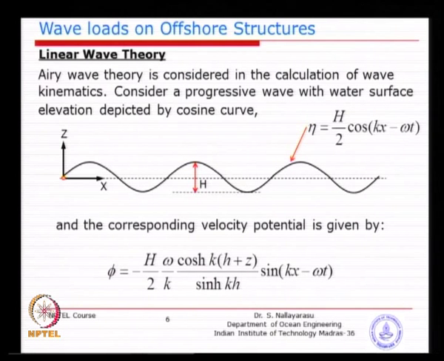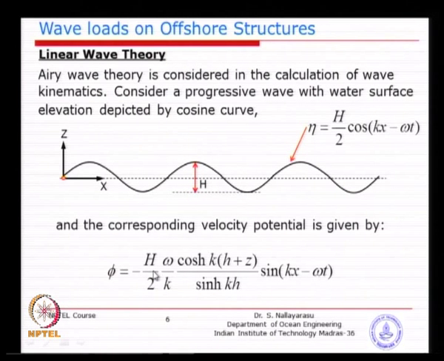How to derive this potential function: basically the velocity potential is in linear proportion to the wave height, and the other variables of interest are the water depth, the elevation and the horizontal spatial distribution, and the time, different timing, and the frequency and the wave numbers. These are some of the variables involved in the derivation. So, basically the most important is the wave height.